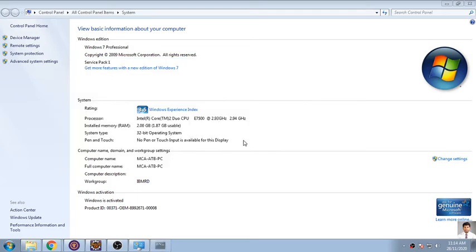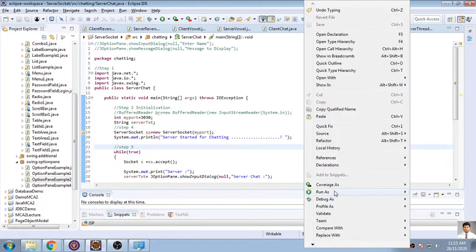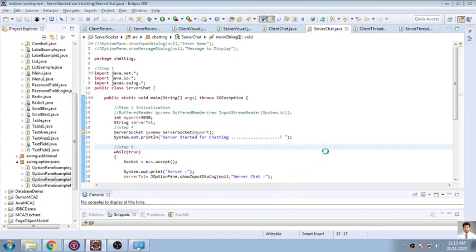Okay, I will run this program in my command prompt itself. Okay, so we'll run this program in Eclipse. So I am running this server first.